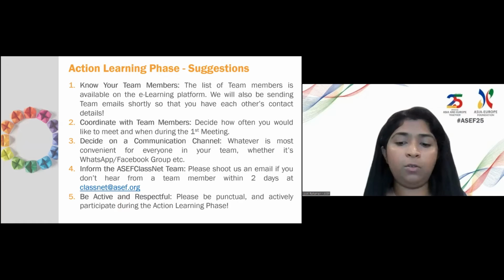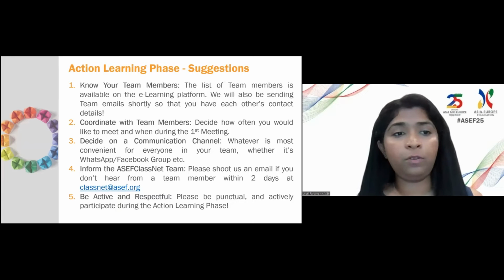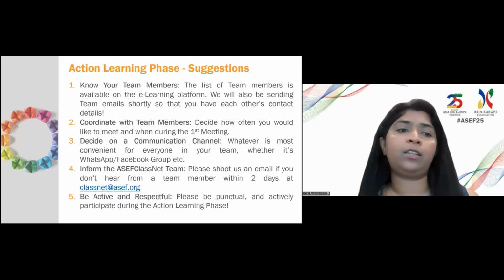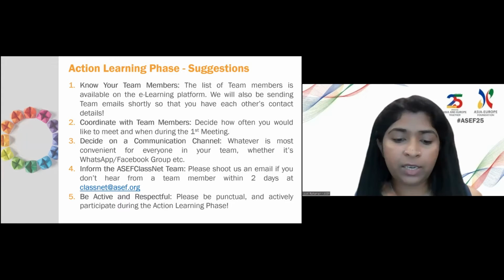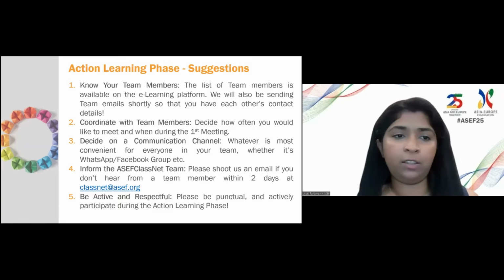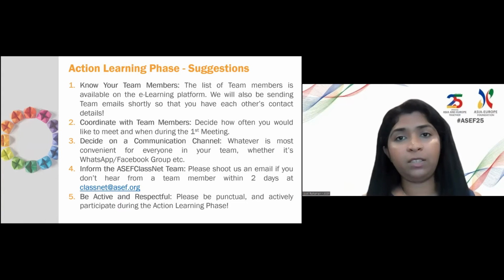Because of privacy policy, GDPR and PDPA, we cannot just directly share all of your email addresses with everyone. So we will be sharing in teams so that you can contact each other and then decide whether you want to have the action learning phase in a WhatsApp group or Facebook group, whatever communication channel works for you. So please wait to receive that team information from us.